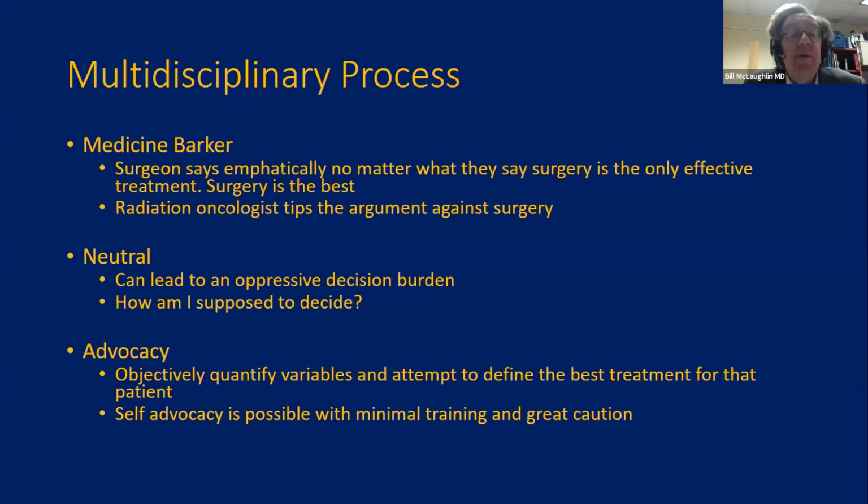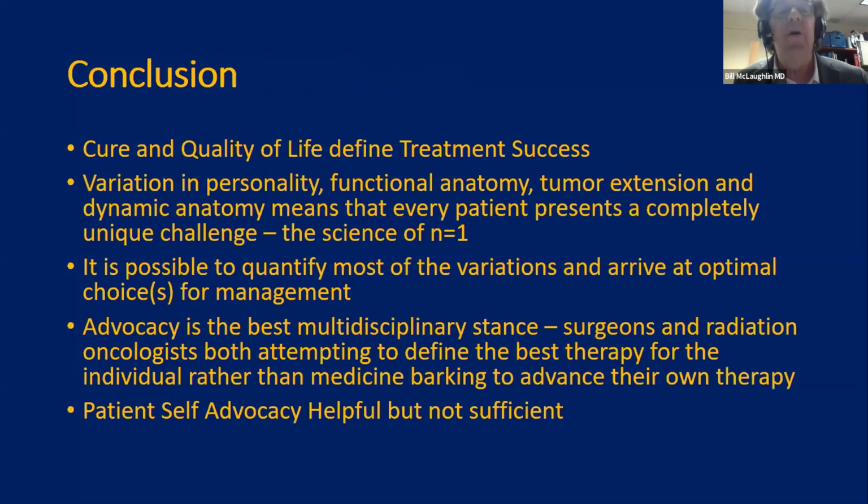What I think is the solution is advocacy. The urologist I'm working with now has a completely open mind and says, "Hey, this guy's young, he's actually active. His PSA is too high. I'm not going to cure him with surgery. We should do radiation." So no one is pitching their own game. They know that on certain patients, I will send them back for surgery. So, conclusion: cure and quality of life